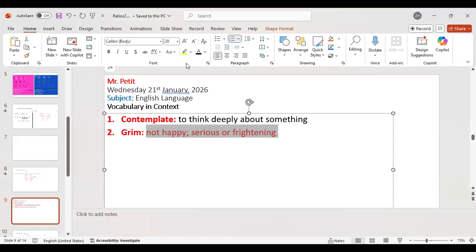Adasa, tell me the definition of contemplate. To think deeply about something. Very good. Amari, tell me the definition of grim. To not be happy, serious, or frightening. Very good. So the next word is